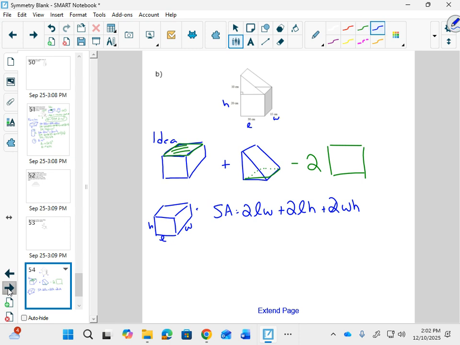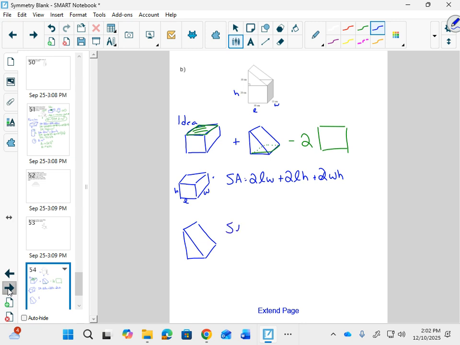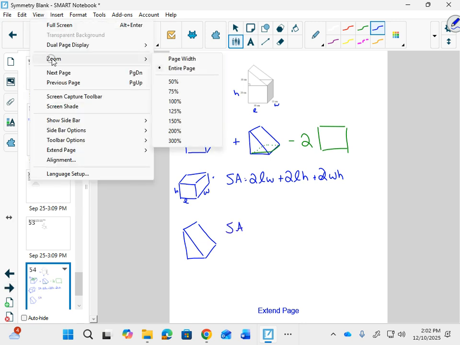This one's a little trickier because there's not one formula for this. In order to figure this out, the surface area for this one,